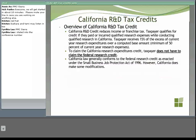California law generally conforms to the federal research credit that was enacted under the Small Business Jobs Protection Act, but they do have some modifications. A couple of those modifications are, as we spoke, after 1/1 the credit is now 15%. California does conform to the alternative incremental credit, except for some differences in the rates. For taxable years after 1/1, the rates are 1.49%, 1.98%, and 2.48%. The credit cannot be carried back to California,